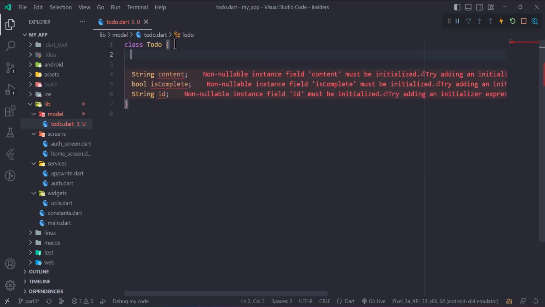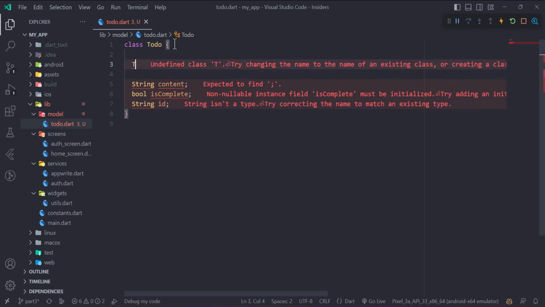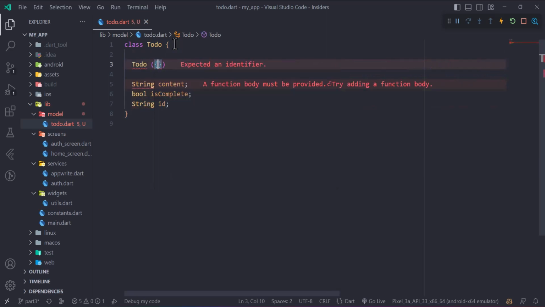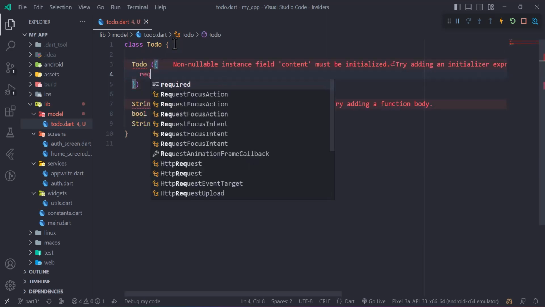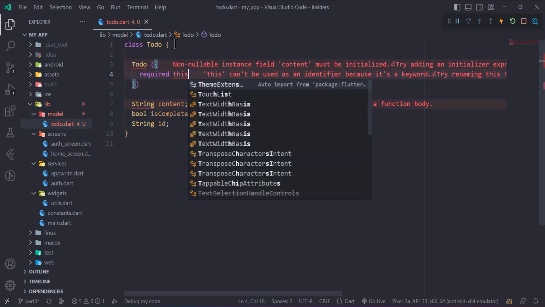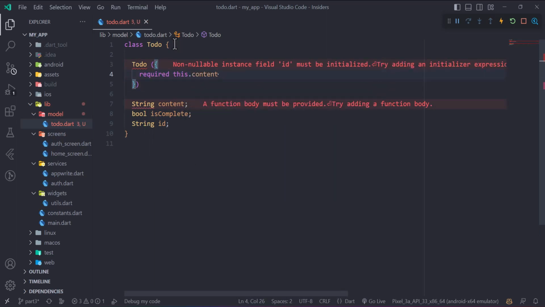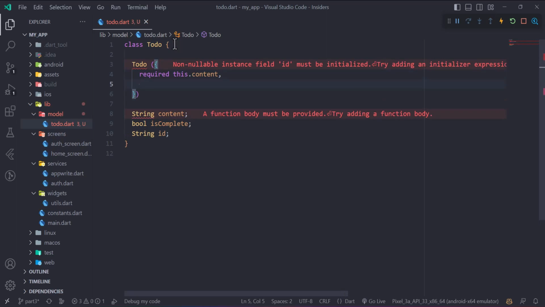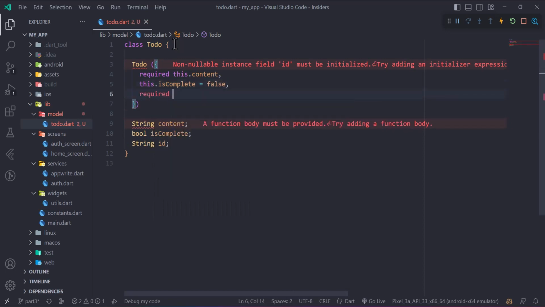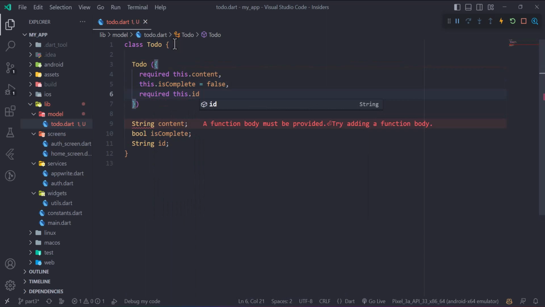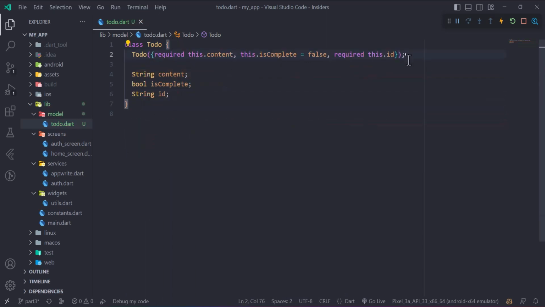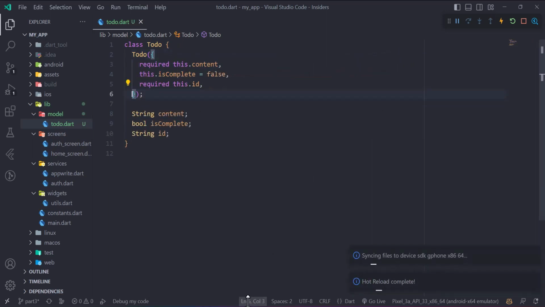Now let's create a constructor. this.content and isComplete, which would be false by default, and it also requires the ID. Alright,